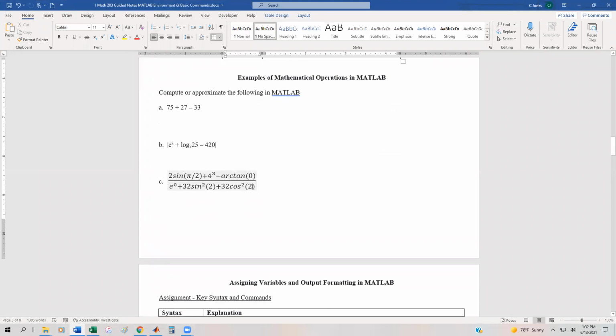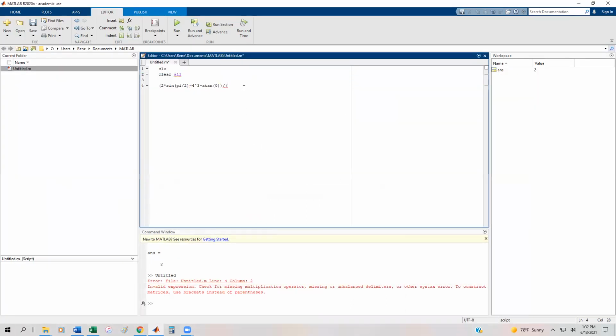So in the denominator, I'm going to put a parenthesis. We know e already is exp of 0 plus 32 times parenthesis sine of 2 close parenthesis squared. In MATLAB and in most programming languages, if you want to square a trig function, you evaluate the trig function and then you square it. Plus 32 times parenthesis cos parenthesis 2 end parenthesis, end parenthesis,